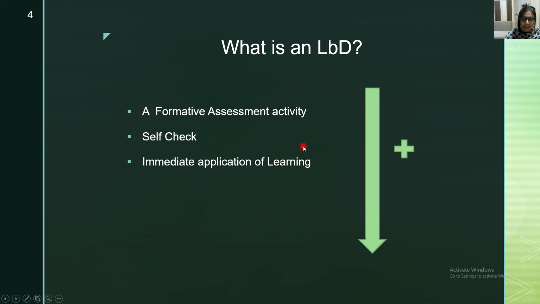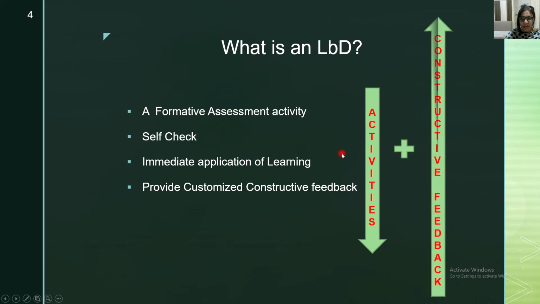It includes activities supported by constructive feedback.